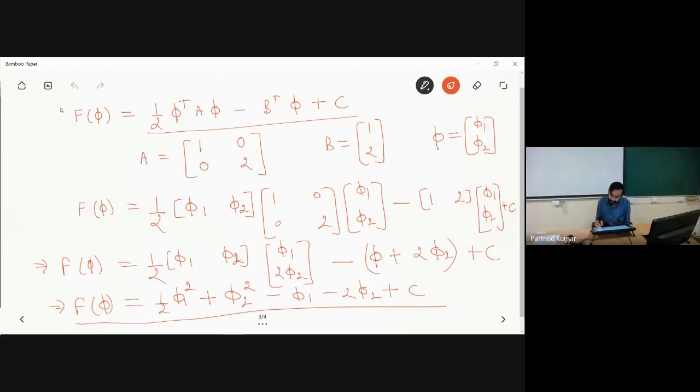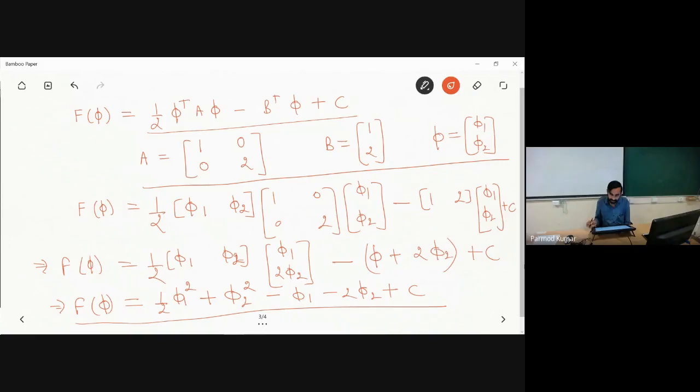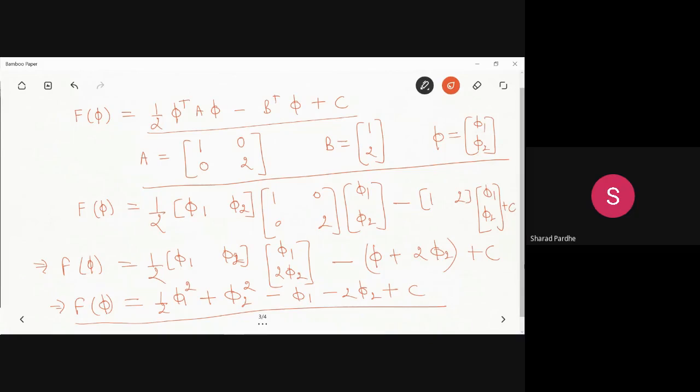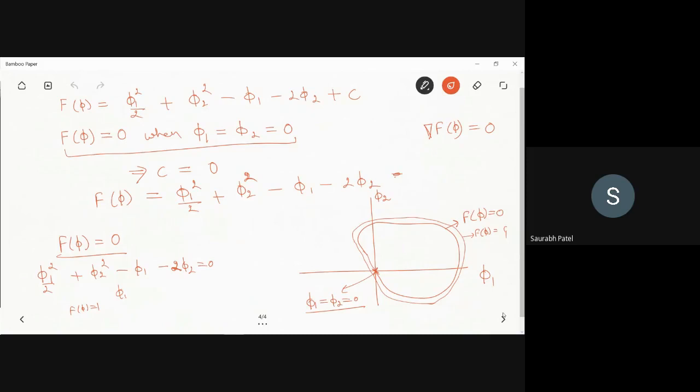If you solve A phi equal to b using these matrices, what will be the values of phi1 and phi2? Please tell me, this is very simple. Sir, A inverse B. Yeah, just tell me the final values. This is a very simple case. We have to find the value of A inverse. So phi1 equals 1. Yes. So I will get phi1 equal to 1 and phi2 also equal to 1.